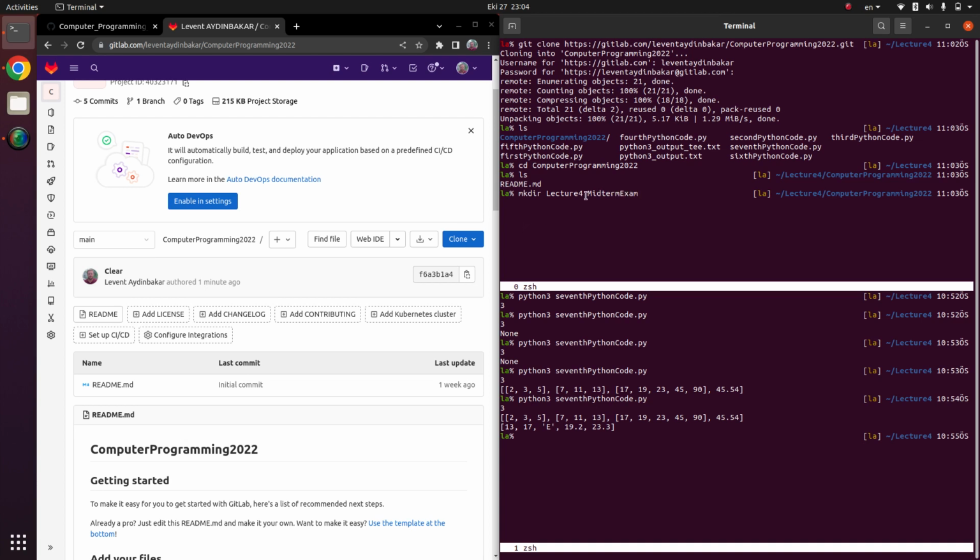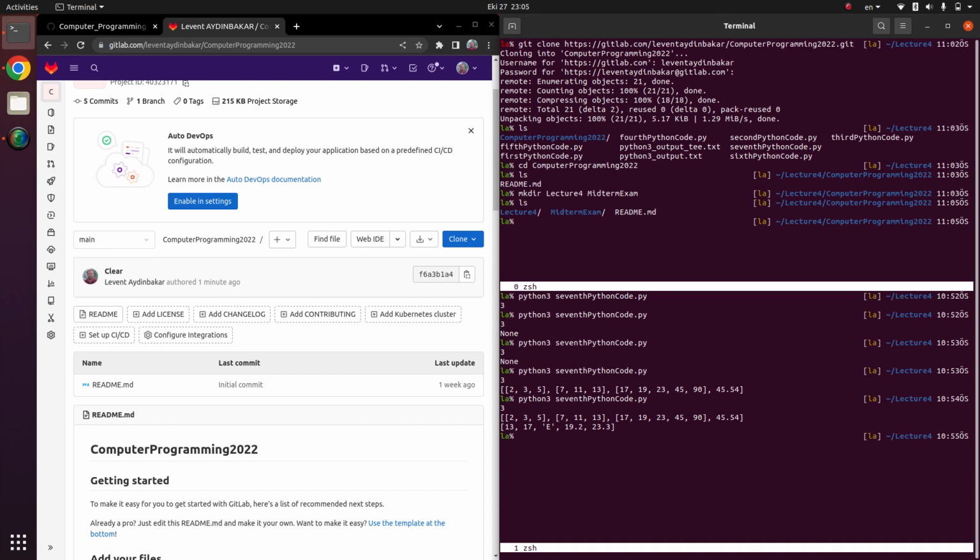Please use exactly the same as this one, because when I download your exam answers, I will write this one directly, and I just want to download this folder. So if you type like midterm exam, it's different than this one, right? So please write midterm exam as one word, and E is capital, M is capital. Okay, first make these two directories, list them,